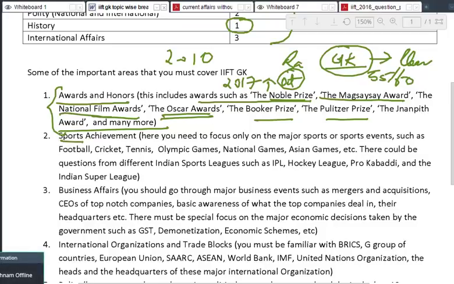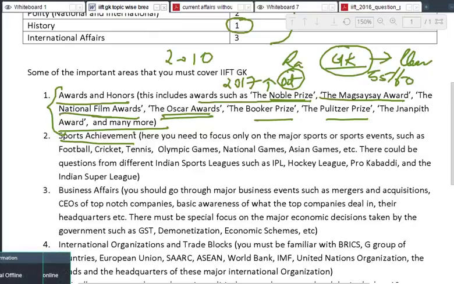And then look at sports achievements. People, understand, whichever sport dominated the year. Last year we had a question on UEFA, that is the Euro, and which team did not make it to the quarterfinals. And this year you might have a question on Wimbledon, because we have seen some records. Two Grand Slams have been won by Roger Federer this year, and two Grand Slams have been won by the other guy, Rafael Nadal. You might have questions on who won Wimbledon, or which win this was for Rafael Nadal.